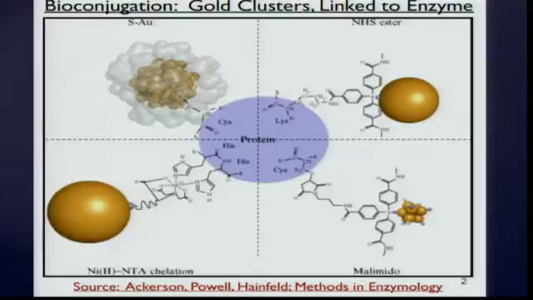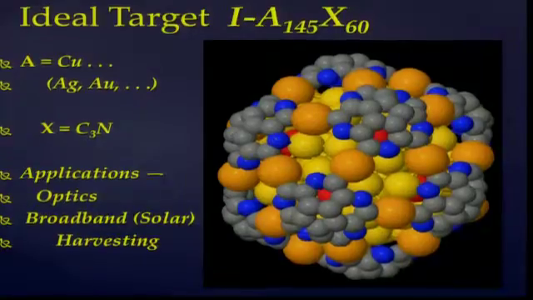One of the ways of handling these further is to conjugate them, to couple them to biomolecules, but these could just as easily be synthetic macromolecules. And some of the schemes here are outlined in this Methods in Enzymology chapter. You can use the cysteine, the sulfhydryl group that's native in the proteins, or you can use various kinds of conjugation to do that. So that's pretty much my background, a few minutes,